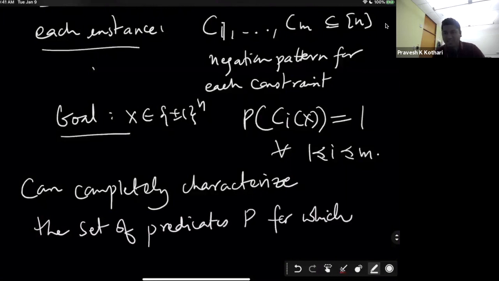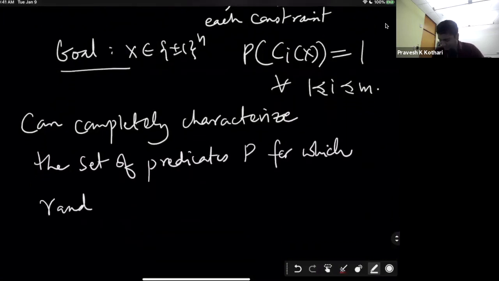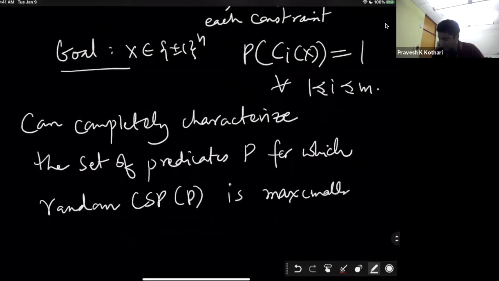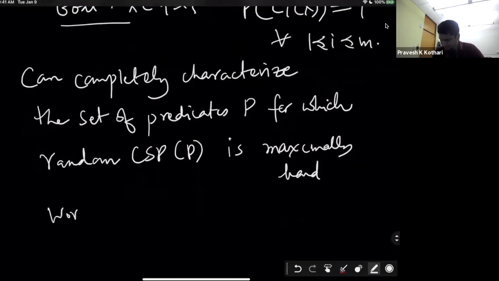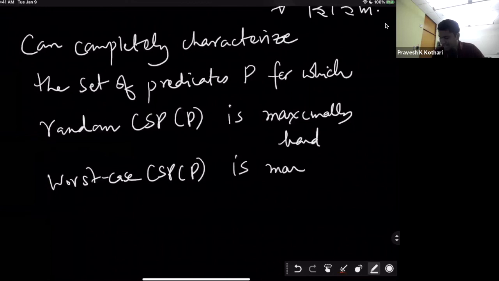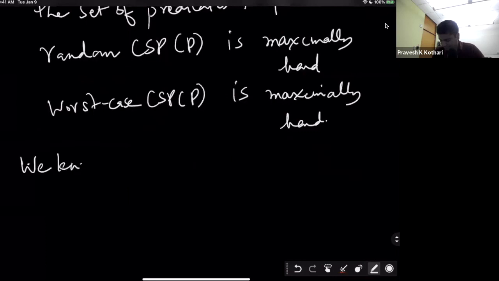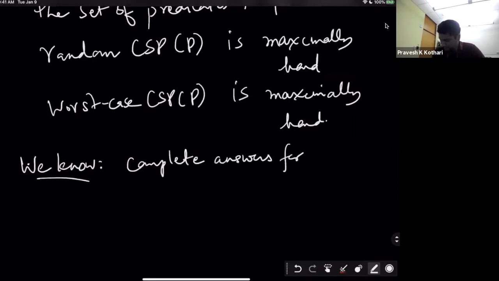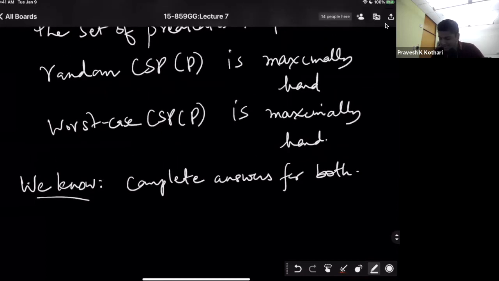And in fact, you can ask this question in two different ways. You can ask this question for random instances, but you can also ask this question in worst case. And we actually know complete answers for both these questions. And the answers are different. And so one thing that we'll do the next time is describe the answers to the first